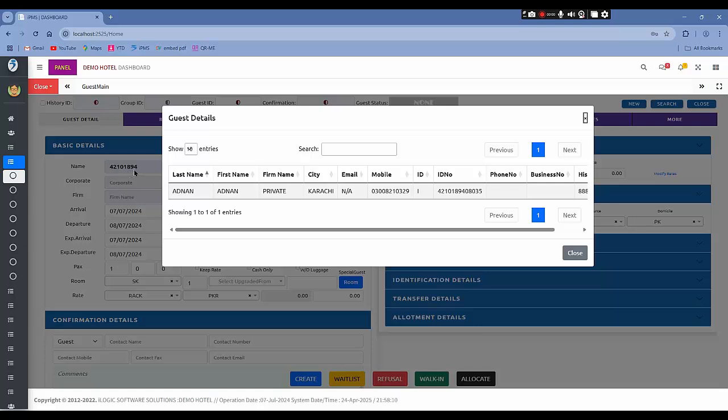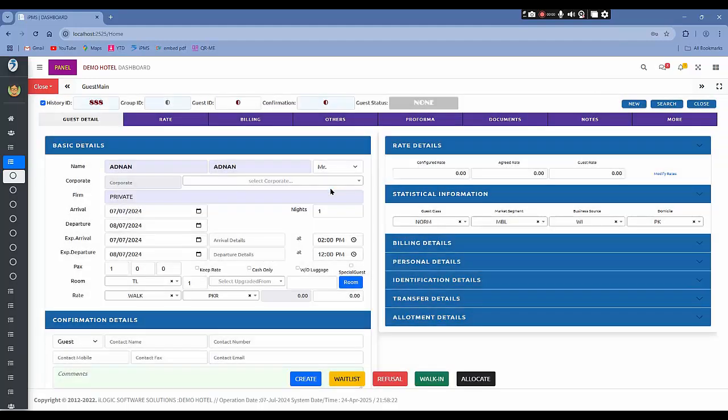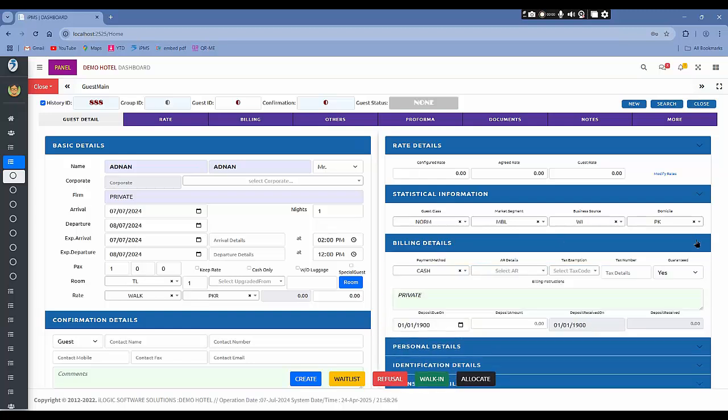See, I didn't put the full ID card number, but the initial 6-7 numbers, and respectively it is giving me the guests who have this ID card. And you can just double click on the profile, and it will be uploaded here. Whatever you put in the previous sections, any other things related to that guest, all will be uploaded onto the screen, and it will make your life easier to make the reservation related to that